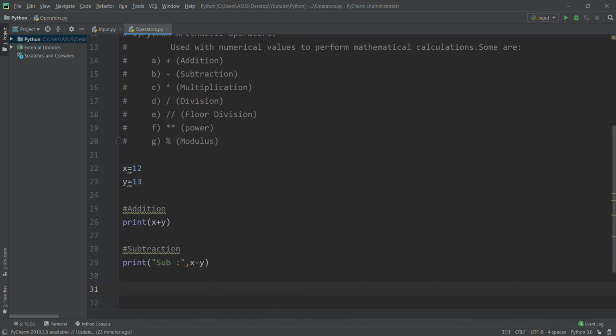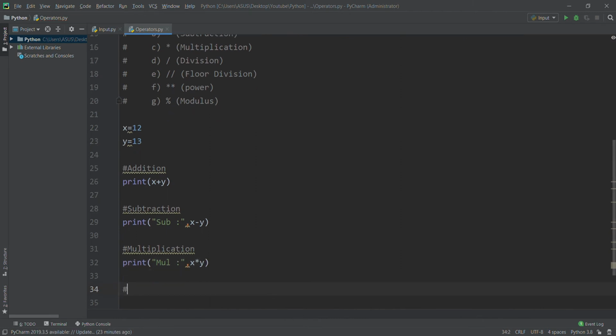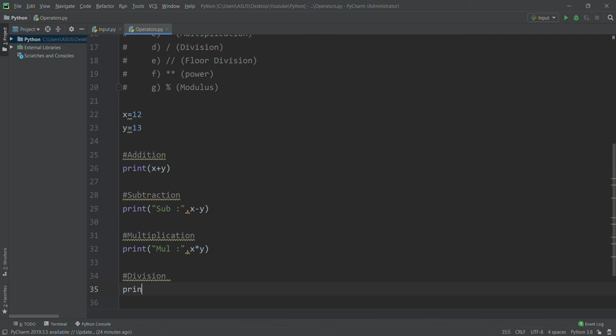Then to perform multiplication, let me print x into y. To perform the division operation, print division of x by y.